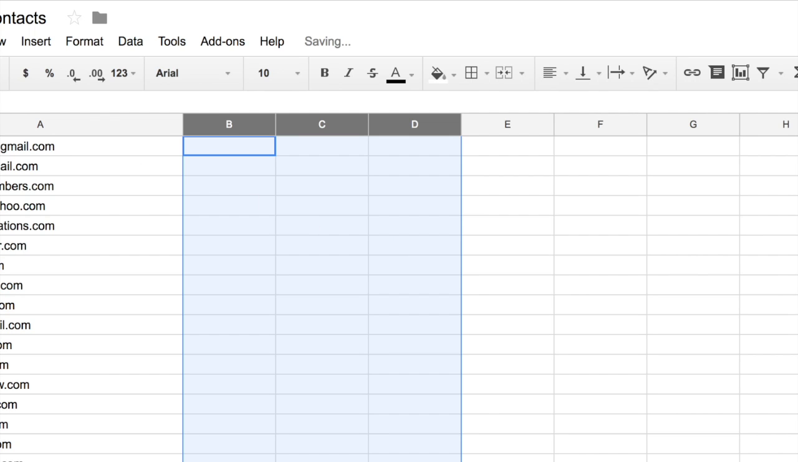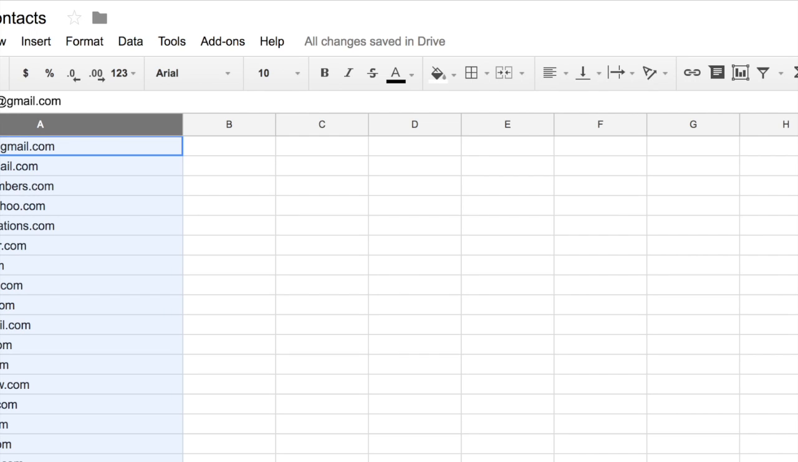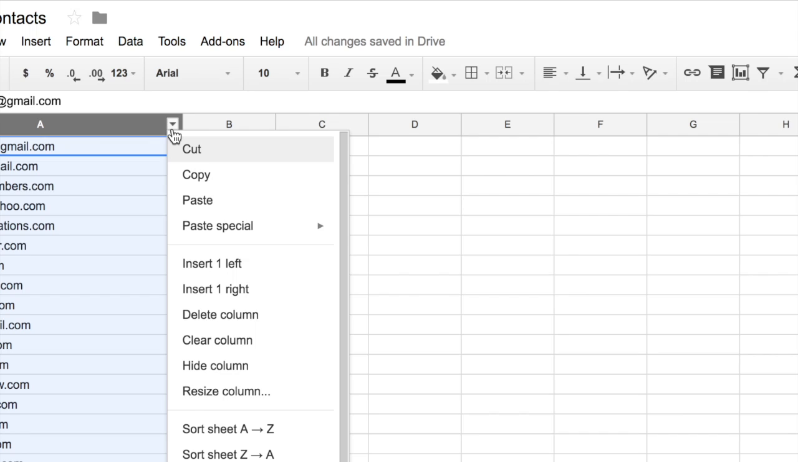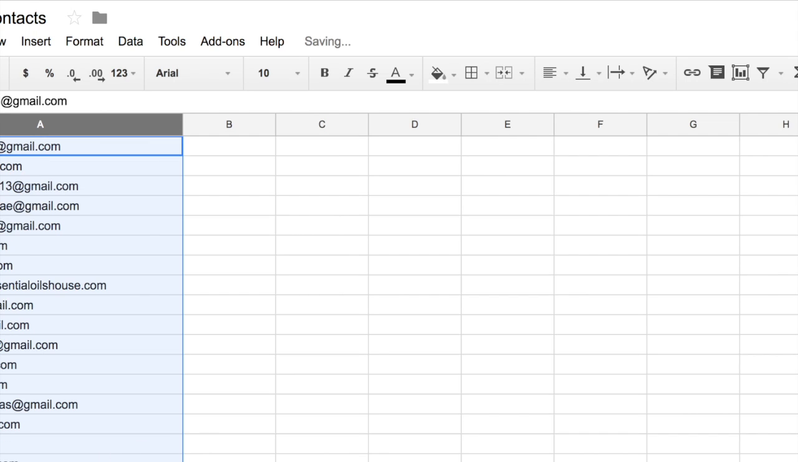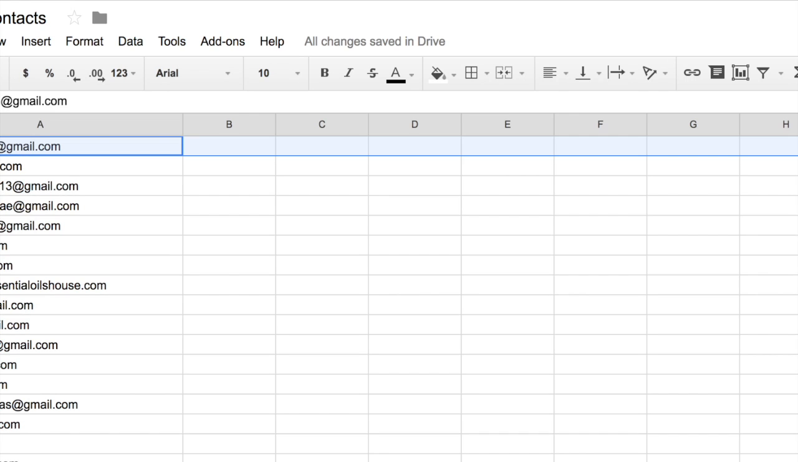Now, once I've done that, I now need to tidy up and get rid of the blank spaces. Easily done if I come up to this little arrow in the corner and go down to sort A to Z. Obviously a blank space will be put at the bottom because a blank space isn't one of the letters of the alphabet. So once you've done that, now what we need to do is to get to about 150 of